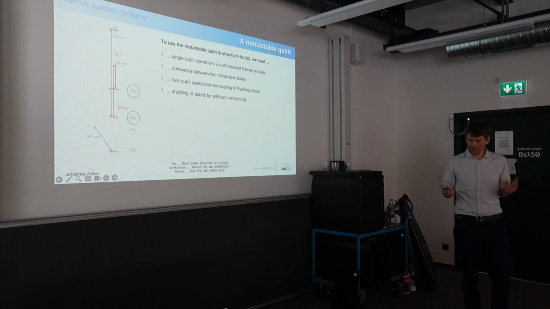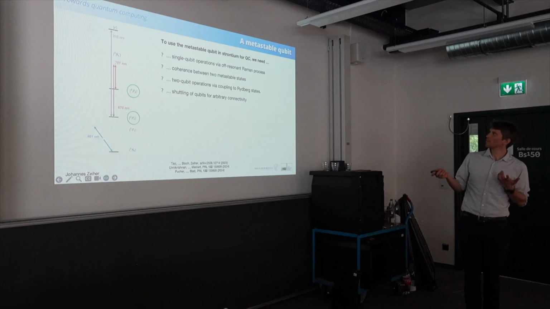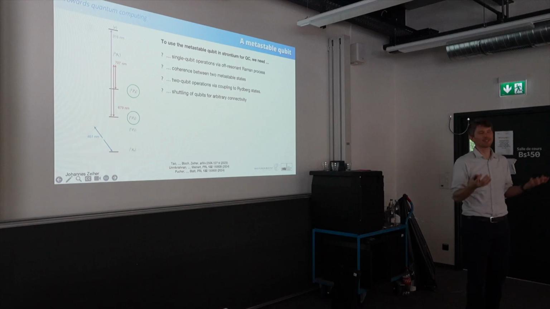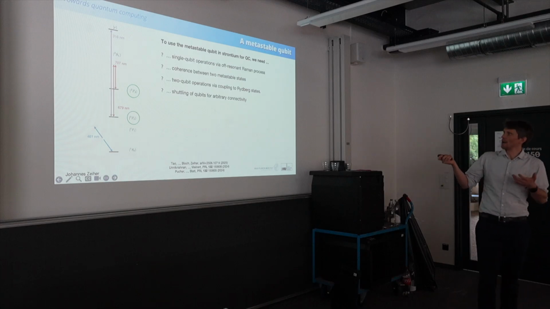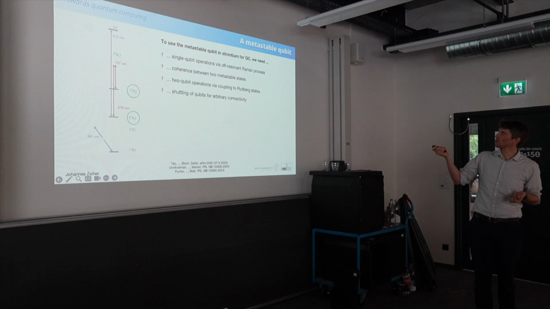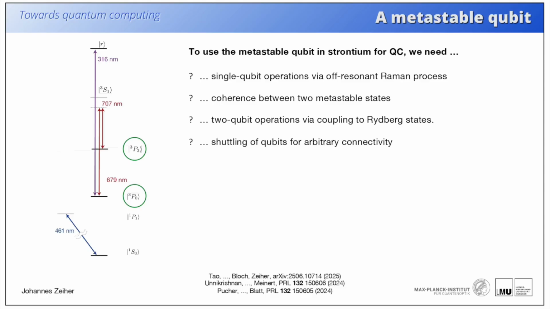So this is essentially what our level scheme looks like. As I said, we work with these two metastable states, and I want to show you now how we can essentially achieve all the elements that we need to use that qubit for quantum computation. In particular, I'll show you how we can do single qubit operations by off-resonant Raman. So we start in the 3P0 and we go via an intermediate state to 3P2. I'll show you that we can keep these states coherent. I'll show you how we can do two-qubit gates, and I'll also show you how we can shuttle around